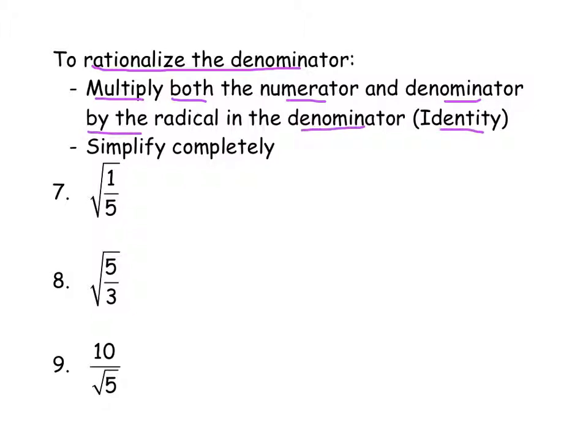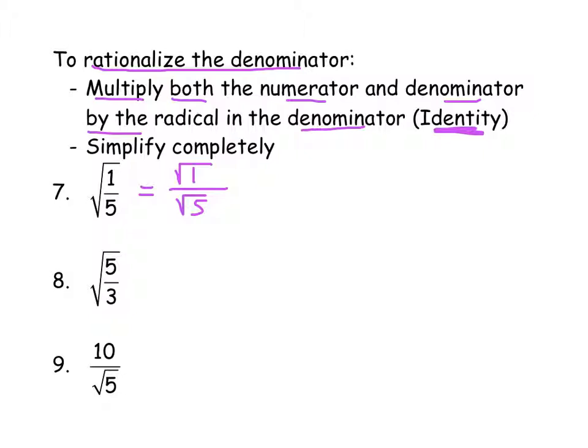And that's called the identity property because you're really multiplying by 1, and I'll show you that in a minute. And then you must simplify completely. So for example, here you have the square root of 1/5. Well, the quotient property says that we take the square root of 1 and put it over the square root of 5. Well, you can't really divide 1 by 5, and you can't leave the square root of 5 in the denominator. It's okay to have the square root of 1 on top, but you cannot have a radical in